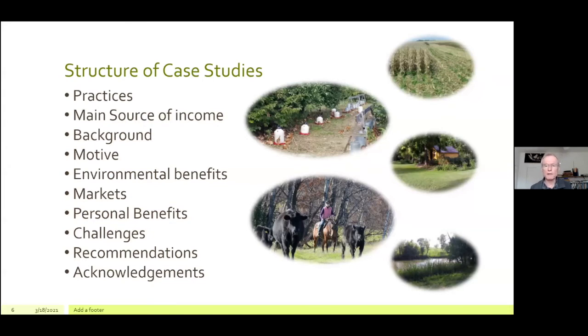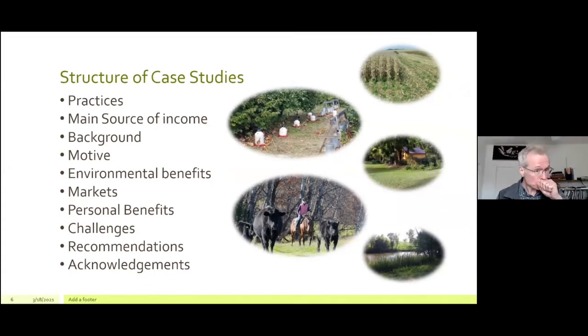What do those markets look like for the products that are coming out of their systems? The personal benefits that they see, including the financial benefits, lowering of costs, maybe in some cases increase in productivity. With the silvopasture systems, farmers often use forested area at the beginning and end of the season when maybe your regular pasture has dried out a little bit and the forage is not as productive. And if you have a shaded area with grasses, they can be more nutritious for your animals.